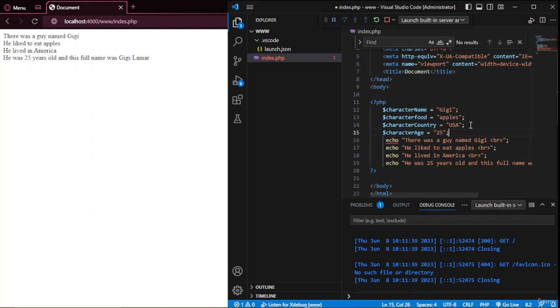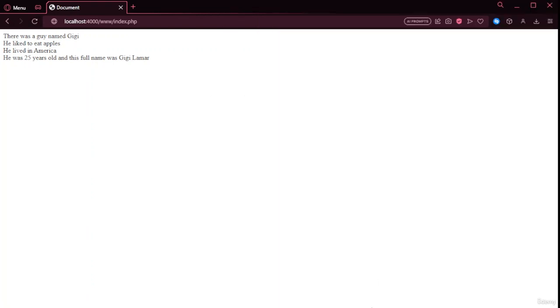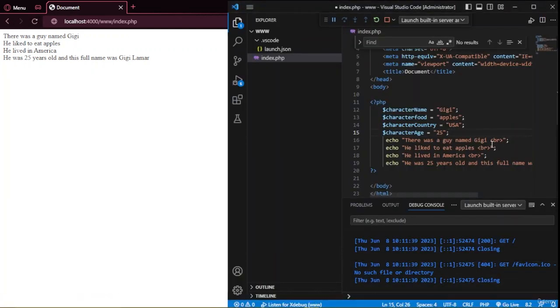Now that we have our variables, we can use those over here. But first off, we're going to refresh it. I'm going to go over to Visual Studio Code again, and here I'm going to type in those. So here I'm going to type in dollar character name. Now as I have my character name, I'm going to type in dollar over here and see if it works. Dollar character